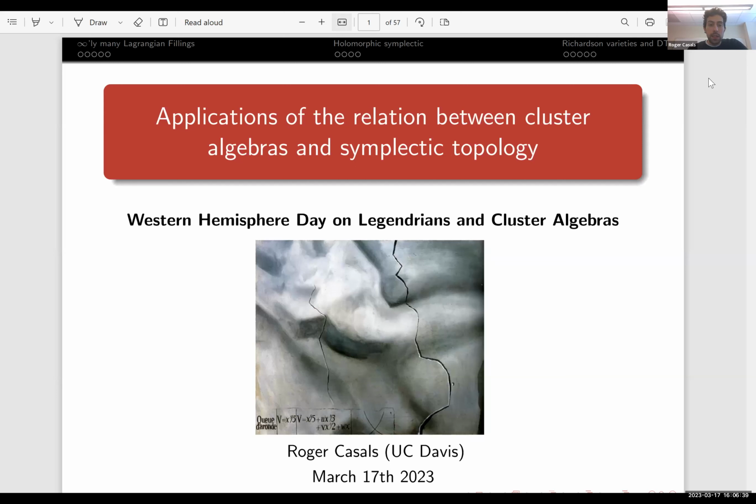So I'll be discussing these applications today, and there are others, so you're welcome to ask about them. As I said, you can use them to prove things about spectral networks, some higher dimensional topology, and so forth. All right, so I'm going to delve first into this explicit construction of the infinitely many Lagrangian